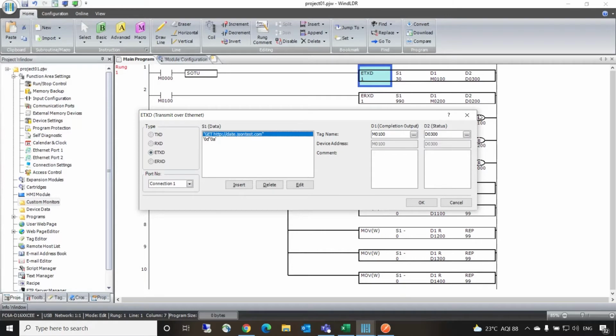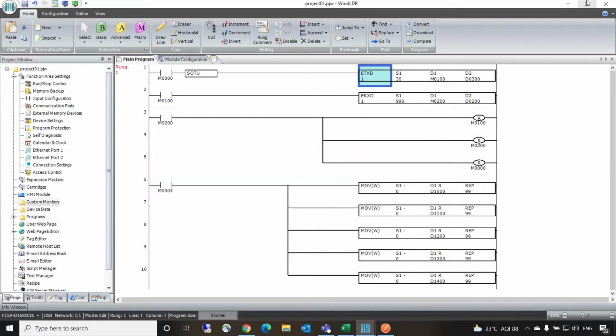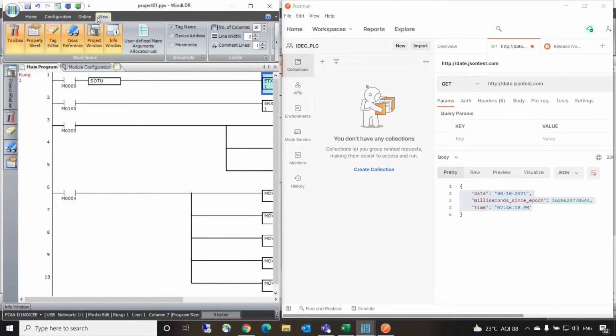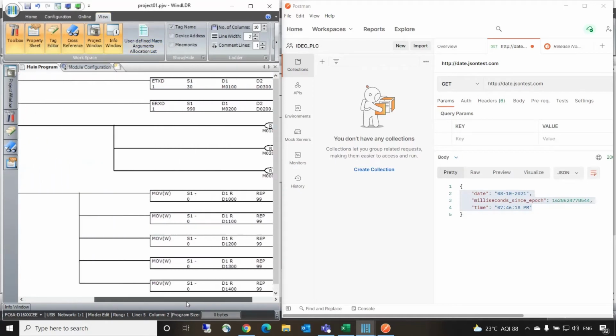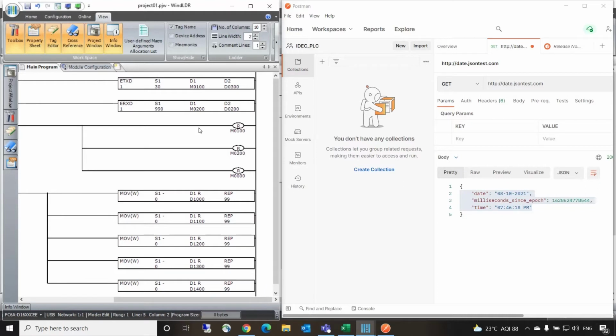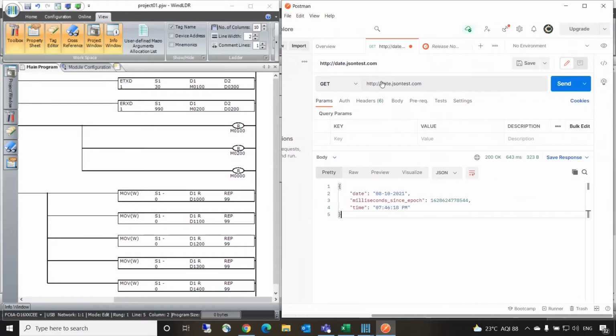Then in this, I'm trying to send the data. You can see it over here. I'll try to do it in a parallel way. Minimize it. Okay, I'll try to drag it out. So these are the two instructions. Now what do I need to write in ETXT? This is what we need to write: GET and the web API.